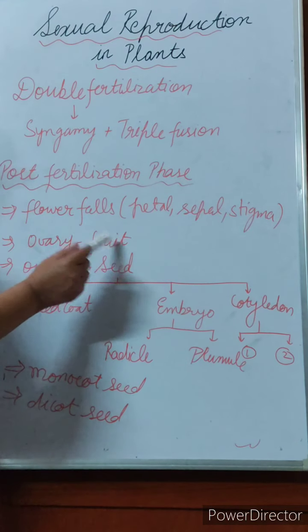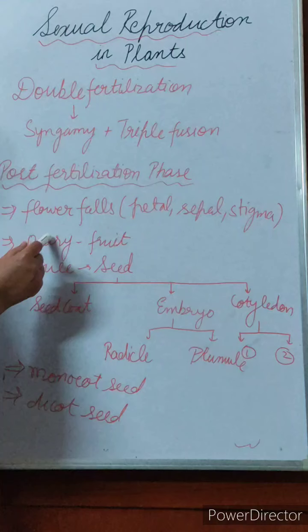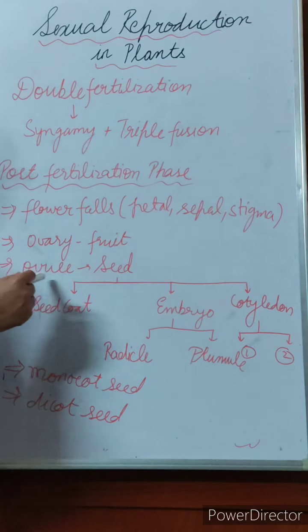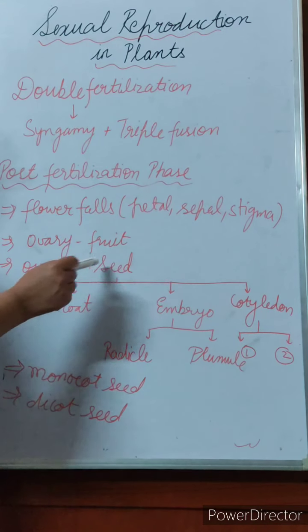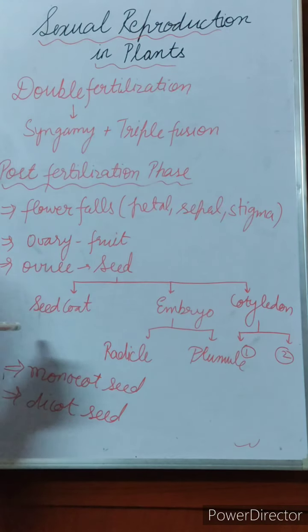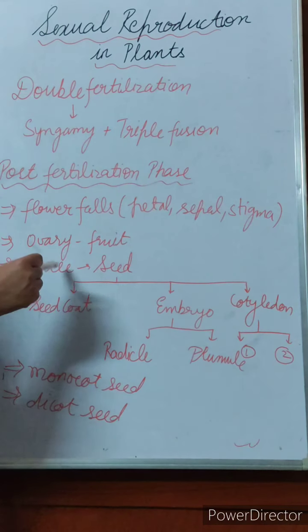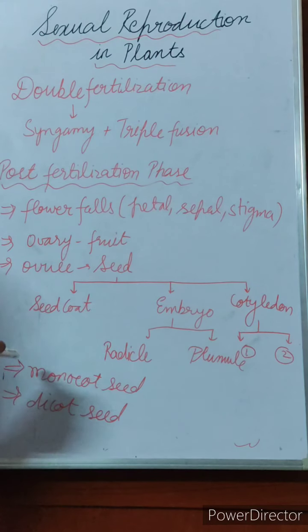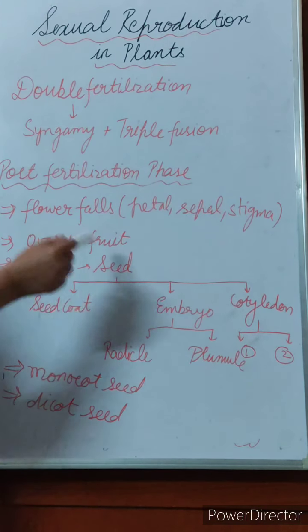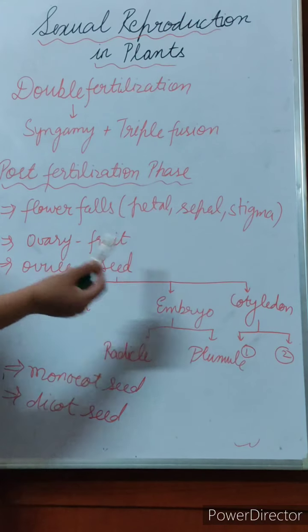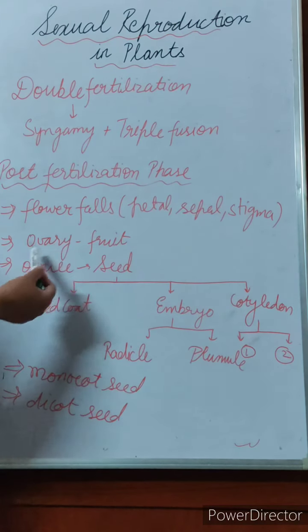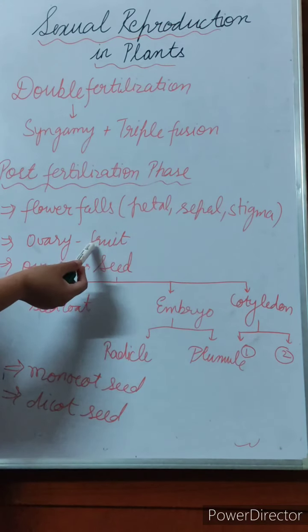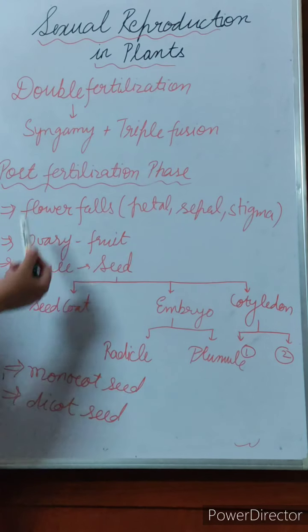The ovary is going to form the fruit. The ovule which is present within the ovary forms the seed. So now you can very well count the number of seeds, and you can identify the number of ovules in a particular plant. Say for example papaya. Papaya has many seeds, so that means it has got many ovules. Cherry, berry, they have got one seed. Mango, they have got one seed. So that means they have only one ovule. So the number of ovules can be easily identified by counting the number of seeds in the fruit.